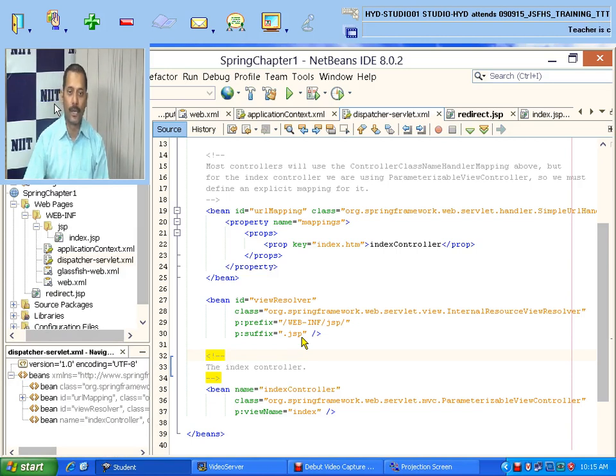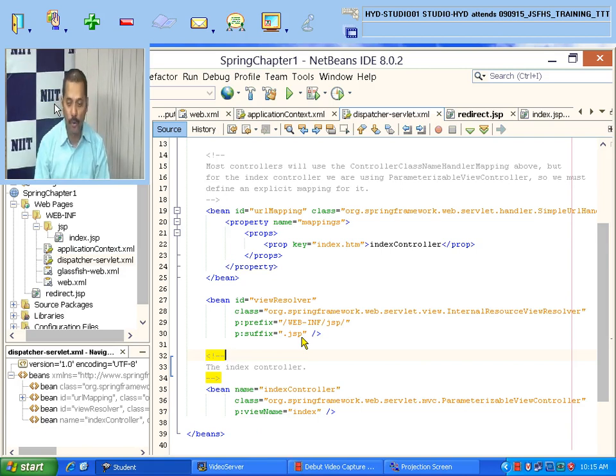So that's the part of how it will be implemented in your Spring-based application when you are writing. So you can use this way and also execute Spring-based applications. These are a few things we need to take care about in your Spring-based application. The tricky thing when you are developing is the URL mapping, there will be an index controller, and there will be a view resolver. These few things have to be in your mind every time.